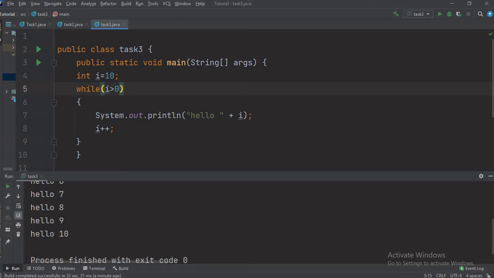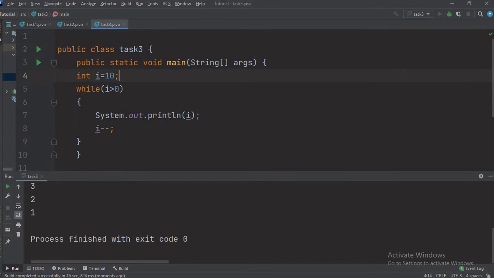Here I am going to print only the value of I so that you can understand how this loop is actually running. But here also we have to put I minus minus. Now you can see the output is like 10, 9, 8, 7, 6, 5, 4, 3, 2, 1.